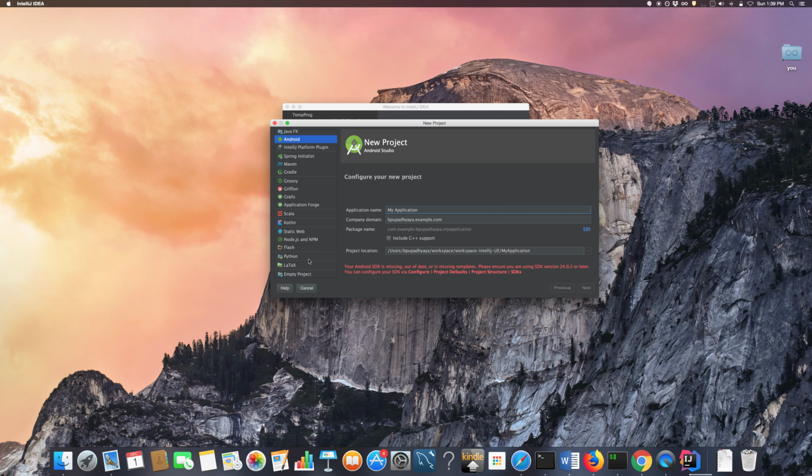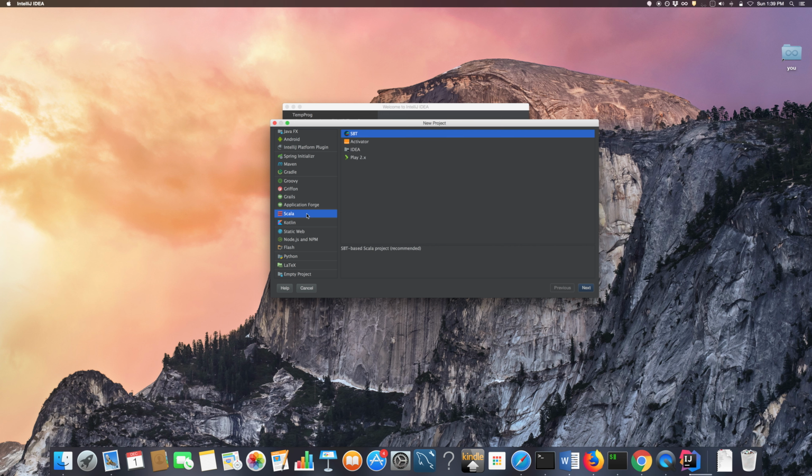So if you need to use an IDE for any reason, then I recommend IntelliJ. Of course, Eclipse is there, which is completely open source. Now IntelliJ makes your life a lot easier. We will see some interesting features. Since I am going to show you how to create a Scala project, I click on Scala. Now you see the options here. You can use different frameworks to create a Scala-based project. We are creating a Scala-based web application project. We can use the Play framework, like many other